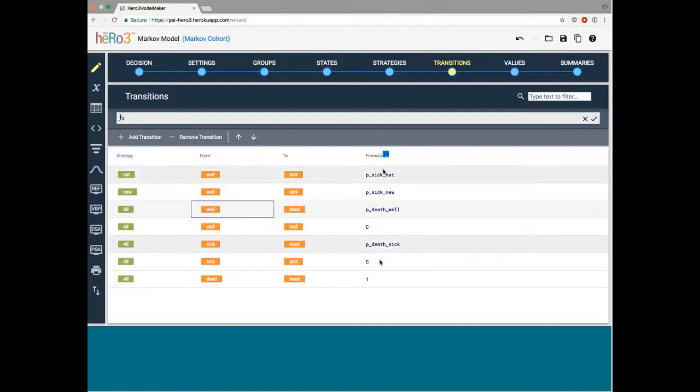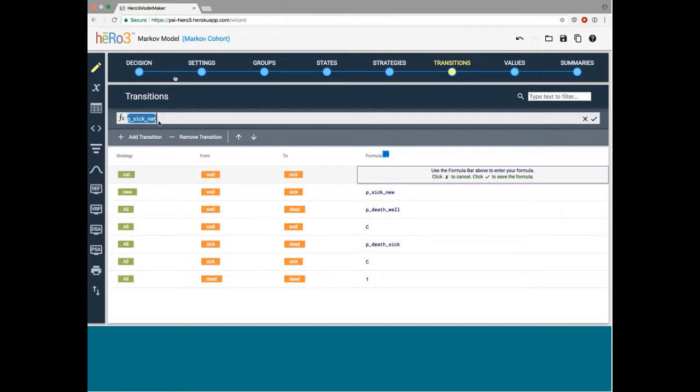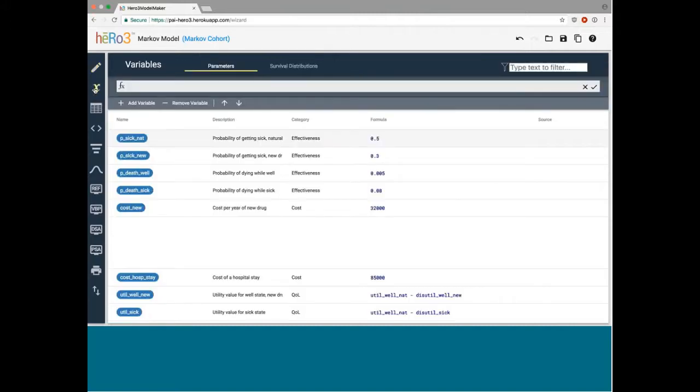But just a word on the formula here. We're referencing some variables that we've defined elsewhere in this model. So let me show you where that's going on. For this formula, for example, for the probability of going from well to sick, there's a formula that references this variable, P6NAS, the probability of getting sick for the natural history strategy. That is defined in the variables page, which you can find on this left-hand sidebar. Right now we're in this pencil icon right here, which we call the model editor. Below that, there's the variables page, where we define the different input variables and intermediate calculations in the model. So we're going to jump over there.